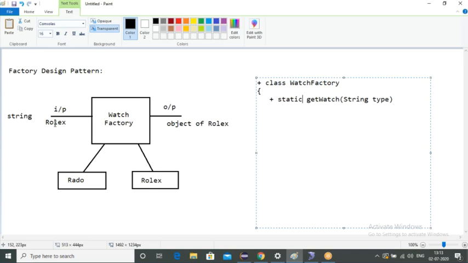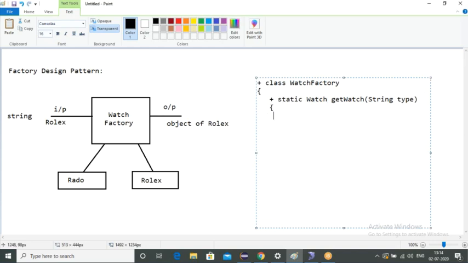I selected Rolex; if he selects Rado, I can change the code. If you go to ask for a watch, they will give you a watch, not a watch factory. It will be a Watch. Okay, it will be public static Watch getWatch. Clear.